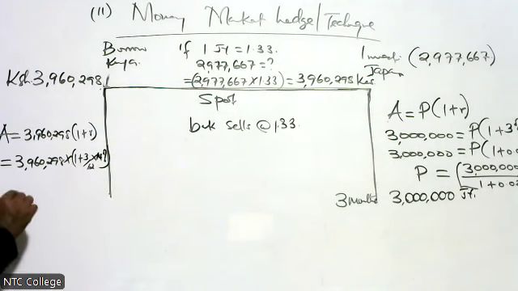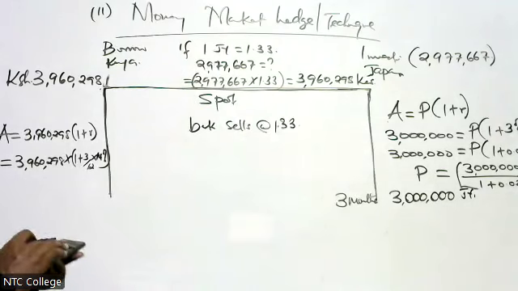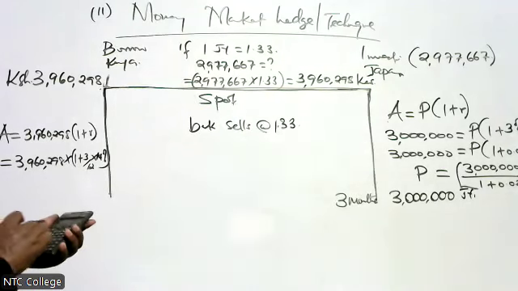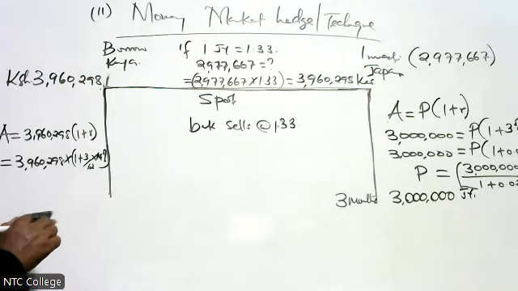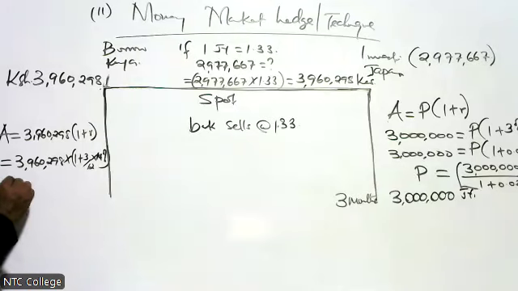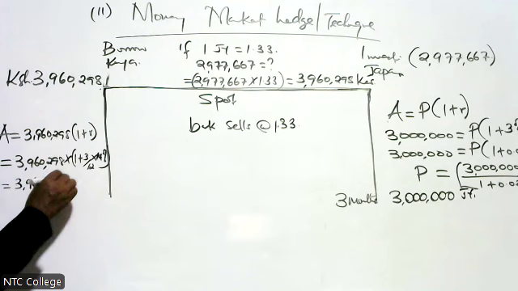So somebody tell me what it is. Calculate. So you're going to have 0.14 times P divided by 12, plus 1. So you're going to have here 3,960,298 times